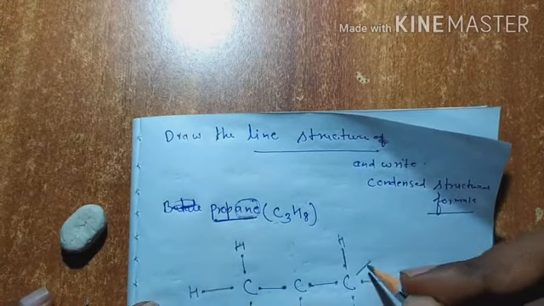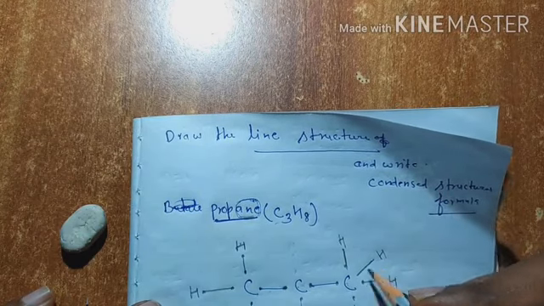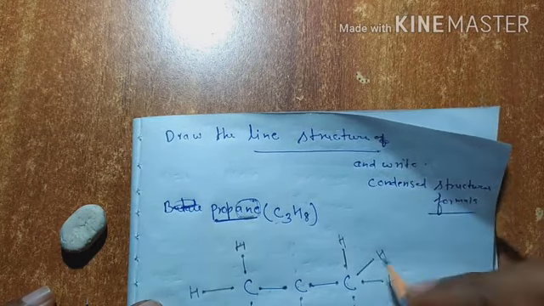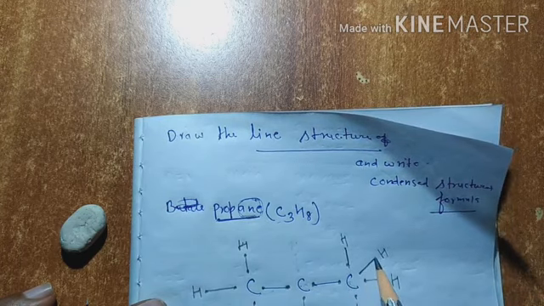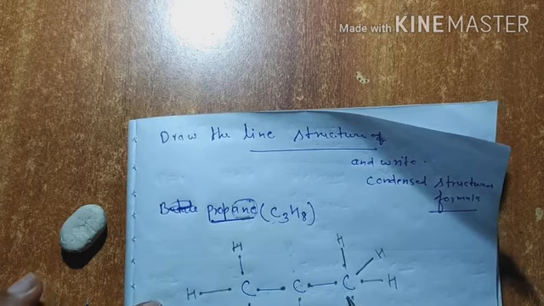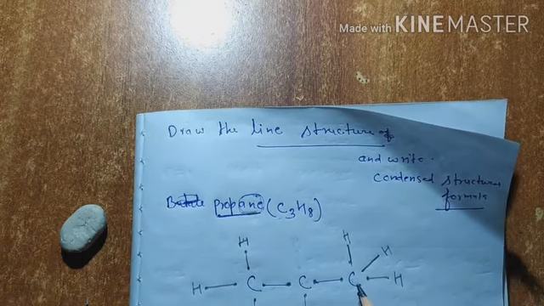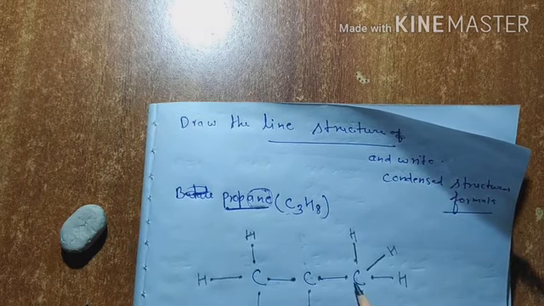I am putting a hydrogen bond here. Carbon and hydrogen, there is a single bond. So in this case, you count the number of valence electrons. If you put hydrogen on this carbon atom, this carbon will be unstable. The reason is, you have to count the number of valence electrons, whether there are 8 electrons in the outermost orbit or not.